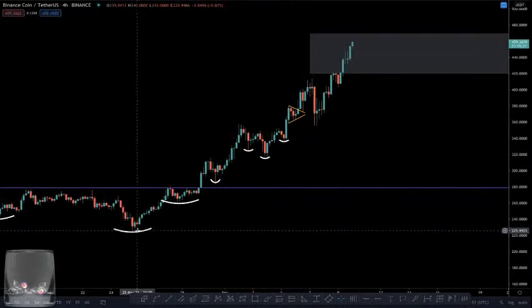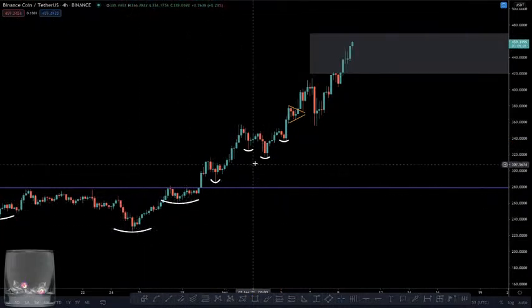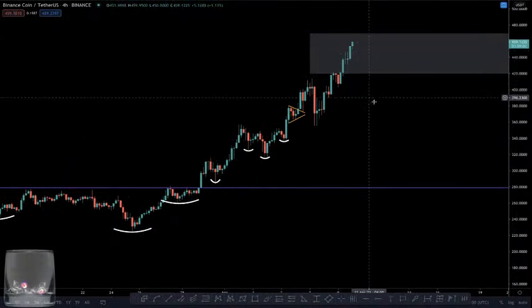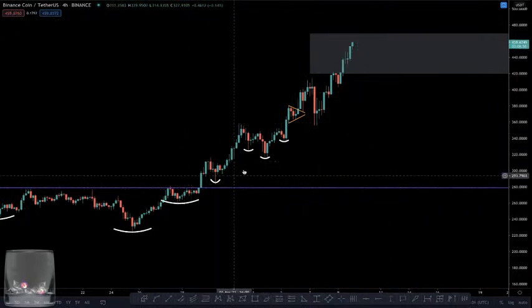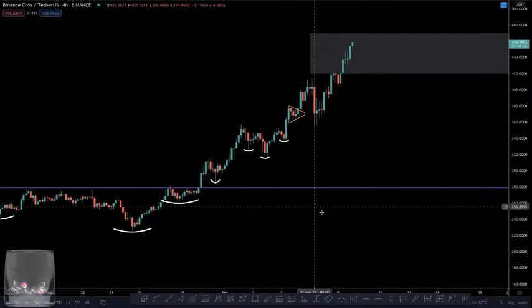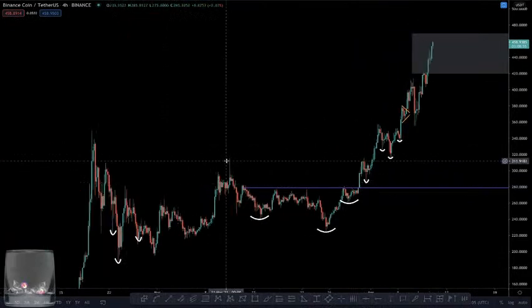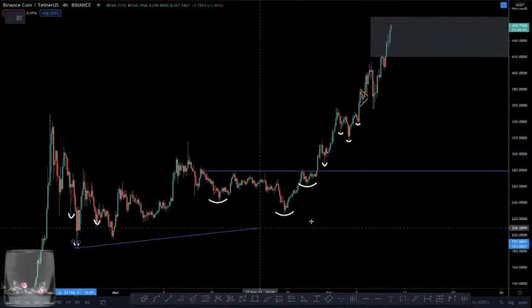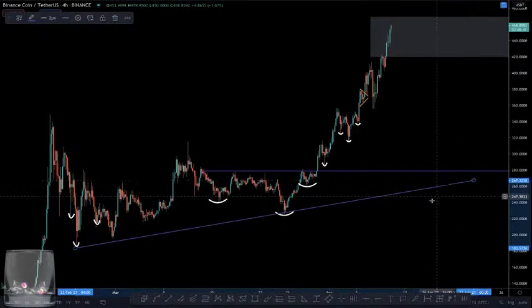So you had a low on price, a higher low, a higher low, higher low, higher low, higher low. We're continuing to do that, but now that's a lot of higher lows, right? Eventually something's got to give. So what's going to give? Let's check it out. So what we've been looking at here is we've had this previous structure, right, on everything,